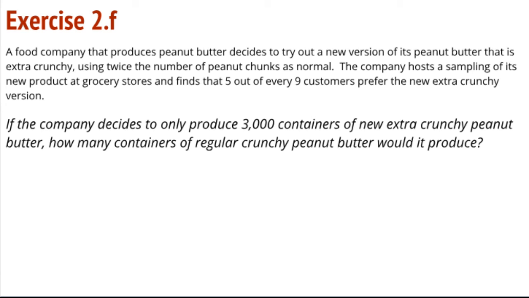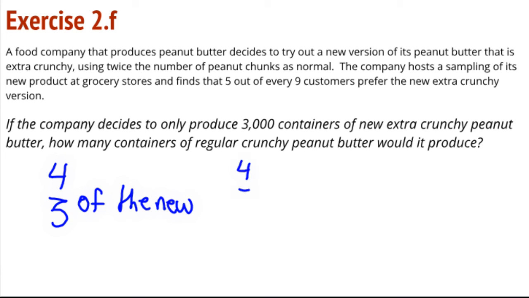All right, the company decides to produce only 3,000 containers of new extra crunchy peanut butter. How many containers of the regular? I know that the regular is 4/5 of the new. So I want 4/5 of 3,000. 4/5 of 3,000. On a tape diagram,